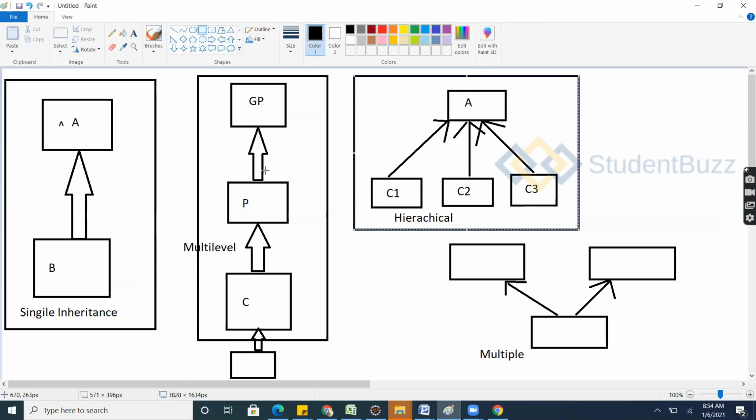For example, we have an organization: employee and lead will have a relation, and lead and manager will have a relation. Manager and senior manager or board member or director can have a relation, but a board member cannot ask this employee directly to do some work without having the permission of the lead. You cannot do it, so you cannot have a direct relation.